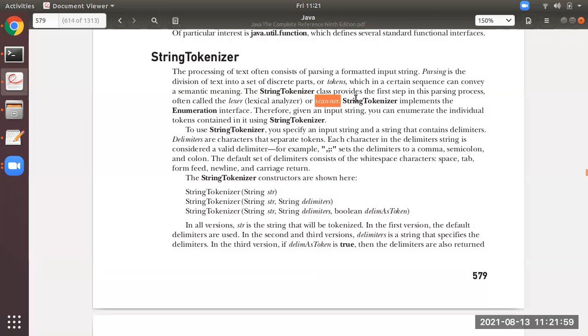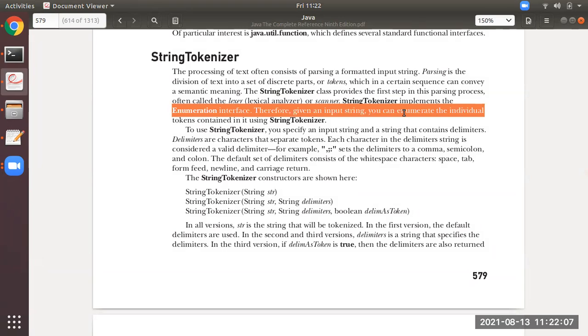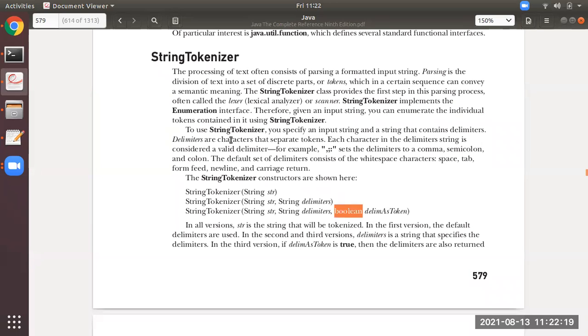See here, StringTokenizer implements the Enumeration interface. Therefore, given an input string, you can enumerate the individual tokens. Enumerate means, don't get confused, it will read the data in some form so that it can be broken.